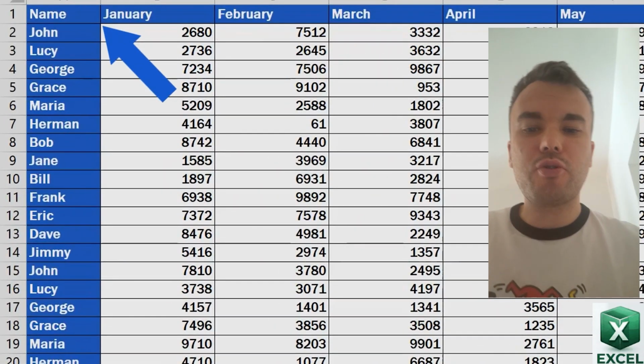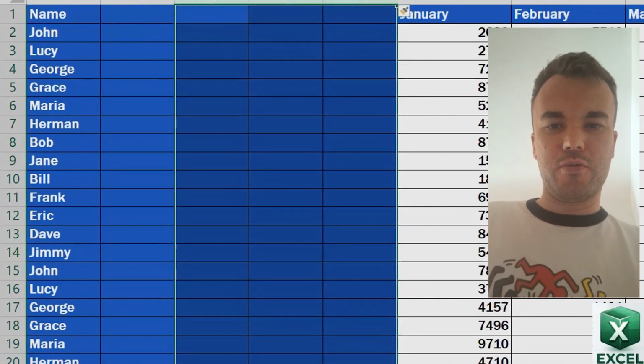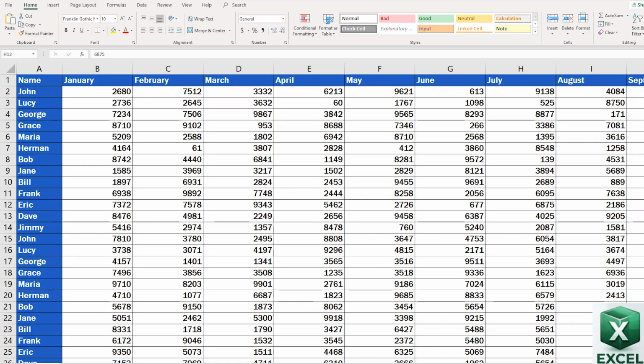I want to show you guys how to insert a column in Excel. Let's go! From time to time, we forget to enter, or just need to add some data into an already